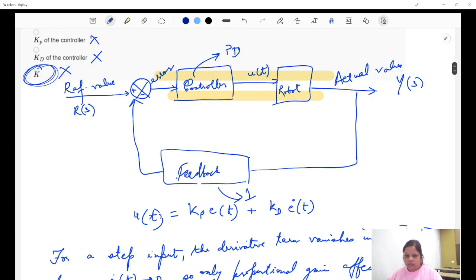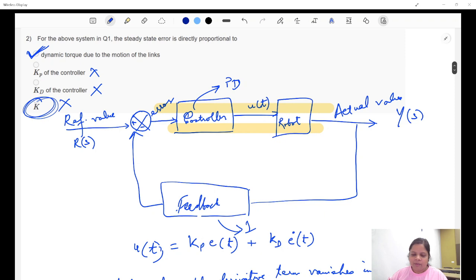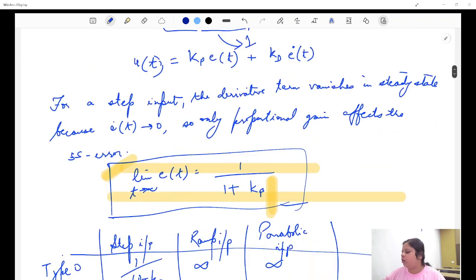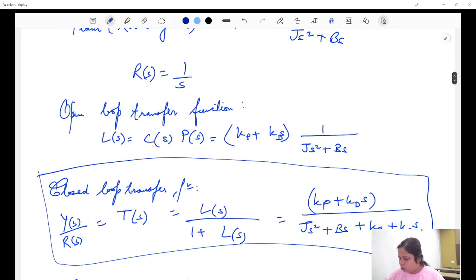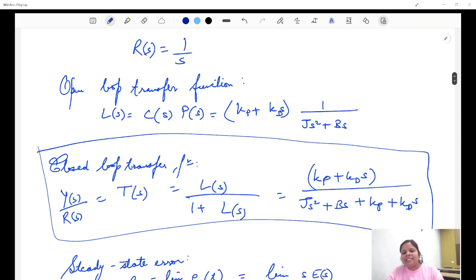Right? Yes, ma'am. Because this was an important aspect. I thought solving this Kp would give me the answer, but it turned out I had to look for dynamic torque. But this solves all the answers. So the steady state error basically depends on how much torque is needed to balance any kind of motion induced dynamics. That is important. PD control won't be able to compensate that. So the second option is the reverse of Kp, and Kd basically affects damping and is not affecting the steady state error. Okay.